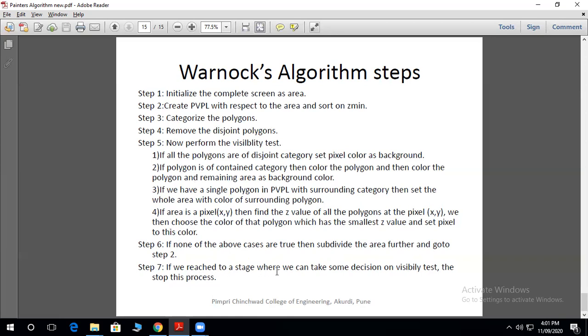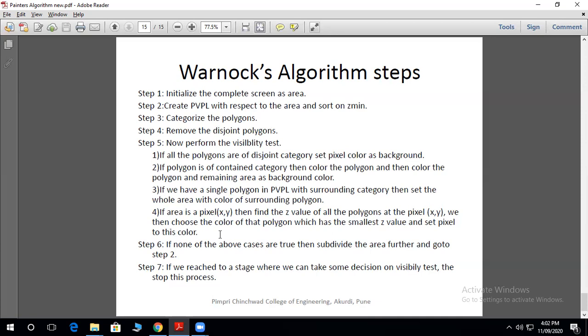If we reach a stage where we can take some decision from the visibility test, then stop this process. Otherwise we again subdivide the area, and after subdividing the area further and again performing the visibility test, if we take some decision based on these categories, then stop this process.